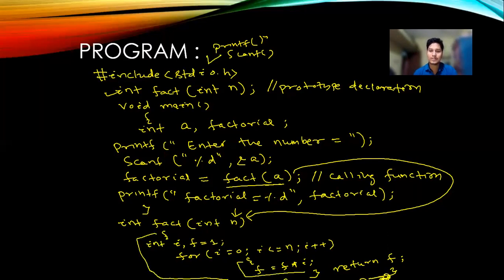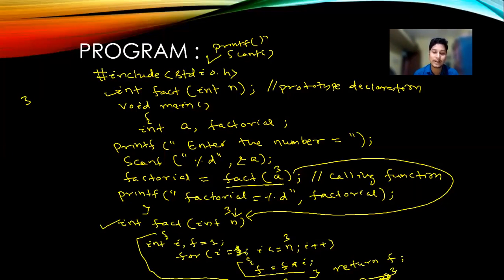So here you can understand for loop start and for loop close. Okay. So now you can see when I execute the program, it will ask me to enter a number. Suppose I am entering the number 3. So the value of a is 3. The fact function will call the definition part by taking the value 3. So 3 will be passed to n. So now the value of n is equal to 3. So you can see for i equal to 0, i less than equal to n, i plus plus. One thing I will tell you here, if the value of i is 0, then the total value of f will be 0. So here we have to change it.